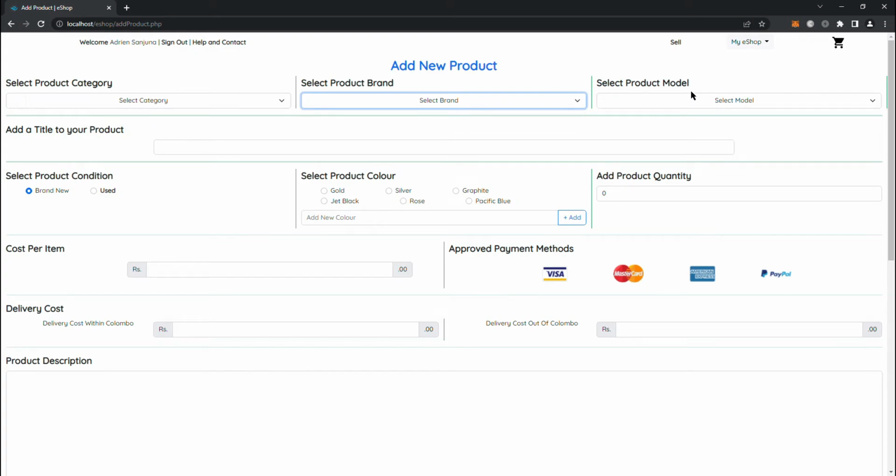or HTC. Then select the product model which we have here, and we can select the model. Next we have added a full horizontal line to divide this part, and we have a heading here saying add a title to your product, and here we can add a title, and then we have added another horizontal line to separate that, and we have divided the screen again into three parts, that is 4 columns, because Bootstrap uses the 12 column system. 4 columns will divide it into 3, so we can choose if a product condition is brand new or used,